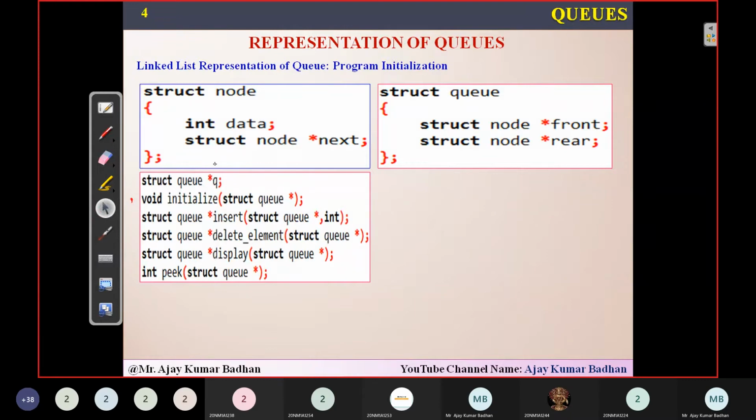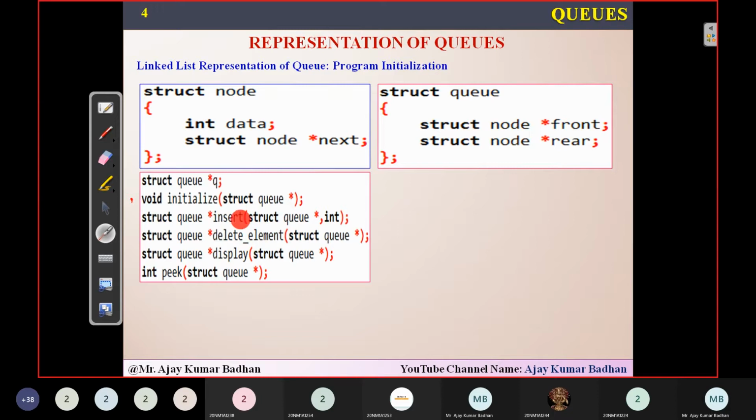Same way, but only difference there, we use it instead of queue, we use it something called as node. Struct node star comma int struct node star, we have used it. But here I am using this structure in order to perform the operations. This particular thing I'm using only for creating a node. But this is the one which I'm using in order to perform the different operations on the nodes whatever have been created.